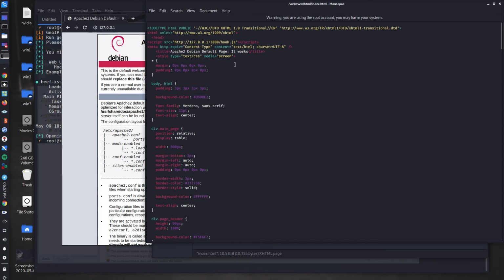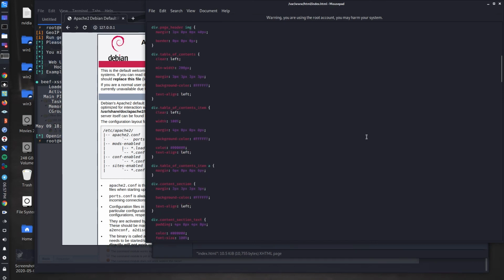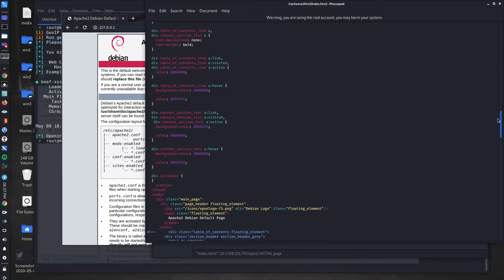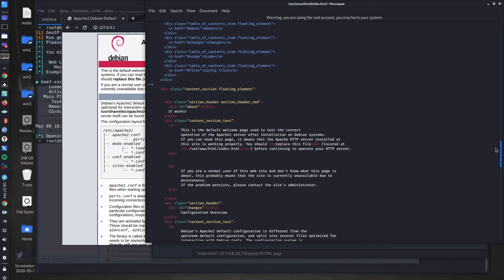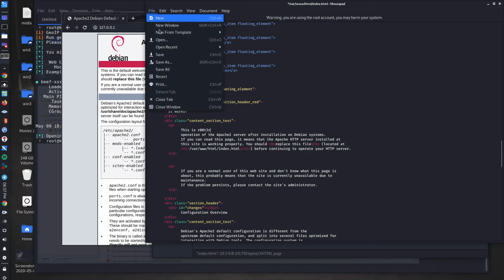I can change this page. There should be something called main page. This is the default welcome page used to test. I'm just going to type "this is router" and save it.